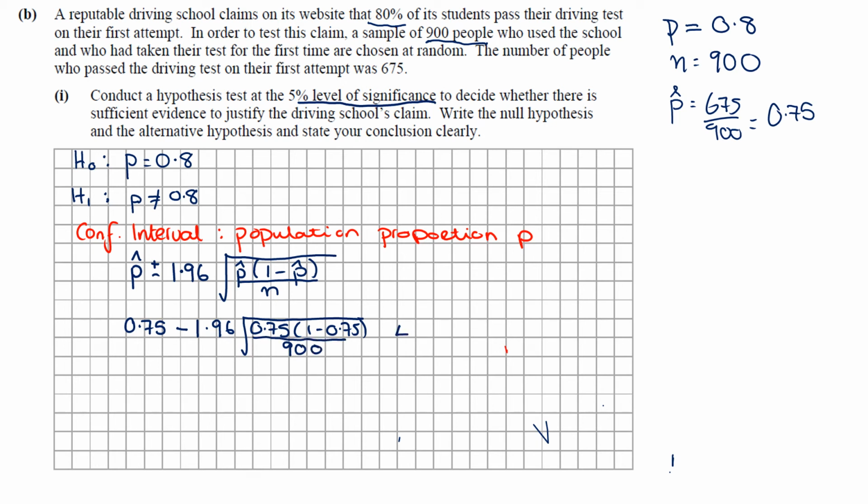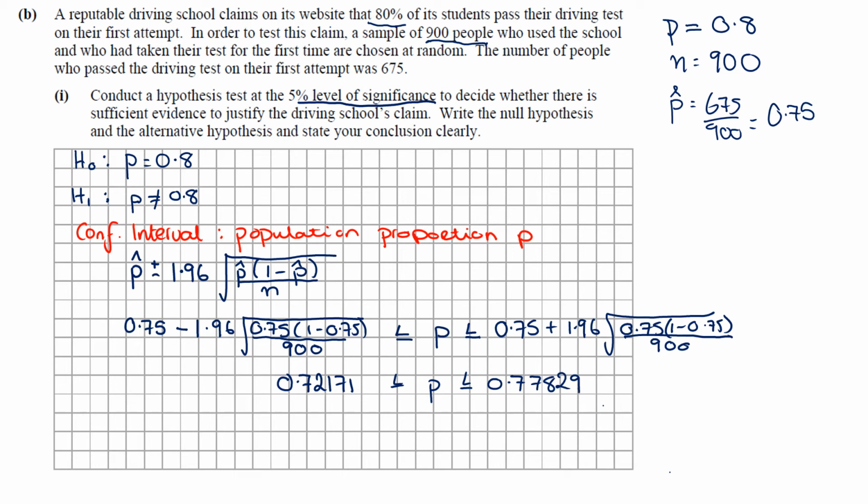And that should be less than or equal to my actual proportion, which should be less than or equal to 0.75 plus 1.96 square root of 0.75, 1 minus 0.75, all over 900. So I create this confidence interval where I can then decide whether my p sits in there or not. So when I work that out, it should work out as 0.72171, which is less than or equal to p, which is less than or equal to 0.77829. So based on the sample that we did, we can say with 95% confidence that the actual proportion lies